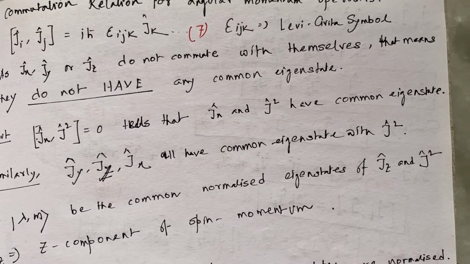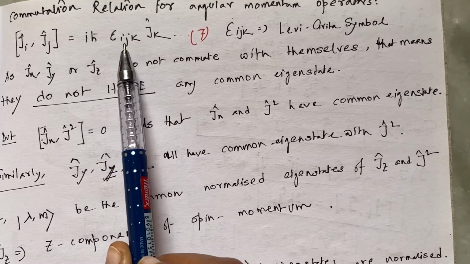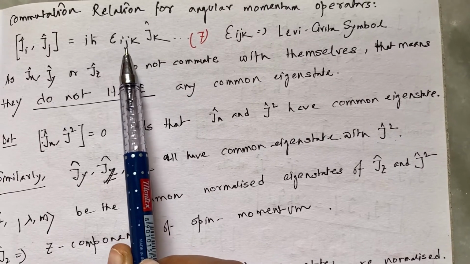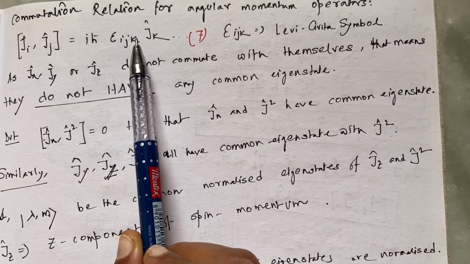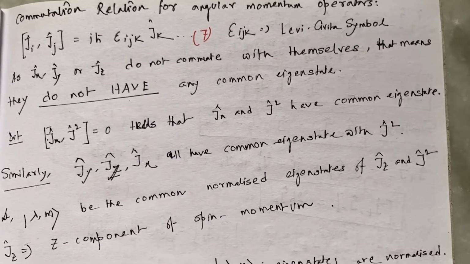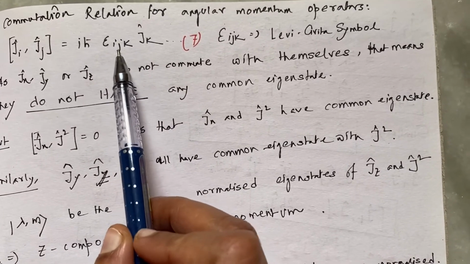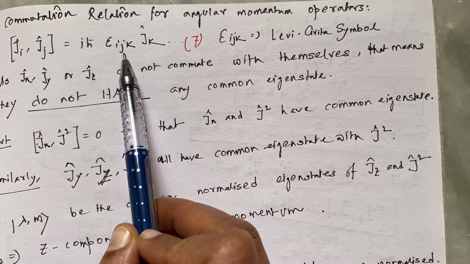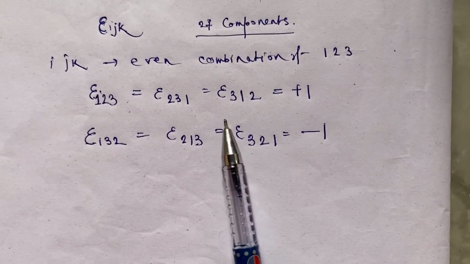It has a particular property. Now we can see that this is an antisymmetric tensor, and it has three indices. So as this has three indices, we have 27 combinations of this, and if any two of these are equal, suppose i equal to 1 and k also equal to 1 and j equal to 2, this will give me 0. And this has this kind of property.